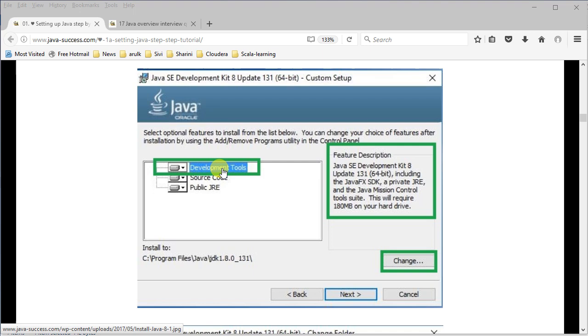So the development tools includes the JDK, and also inside that it will have a private JRE. If you're only going to run Java applications, that is if you already have Java files or bytecode you want to run, you can download the public JRE and then you can run your Java applications. But in this case, we're going to develop Java applications, so we need the JDK, which comes with a